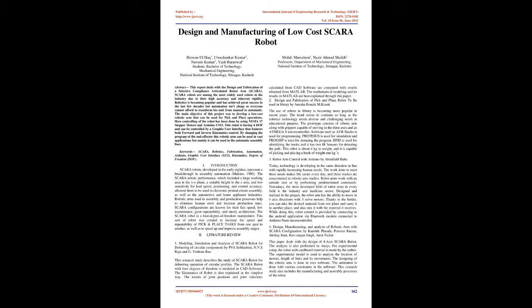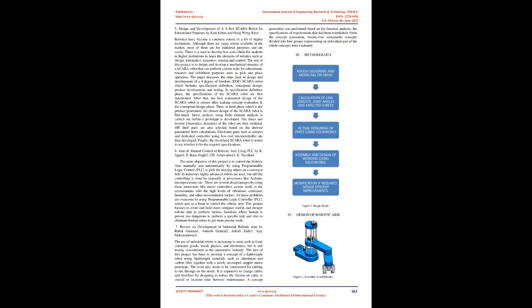1 kg. 3. Robot arm control with Arduino by Abdul Latif Baba. Today, technology is developing in the same direction in line with rapidly increasing human needs. The work done to meet these needs makes life easier every day, and these studies are concentrated in robotic arm studies. Robot arms work with an outside user or by performing predetermined commands. Nowadays, the most developed field of robot arms in every field is the industry and medicine sector. Designed and realized in the project, the robot arm has the ability to move in 4-axis directions with 5 servo motors. Thanks to the holder, you can take the desired material from one place and carry it to another place, and also mix it with the material it receives. While doing this, robot control is provided by connecting to the Android application via Bluetooth module connected to